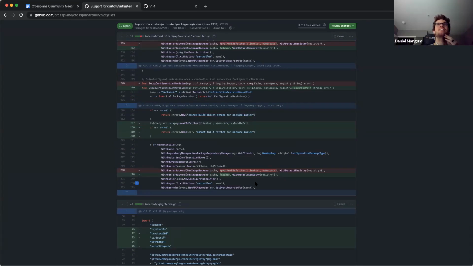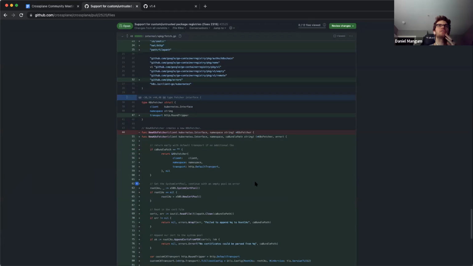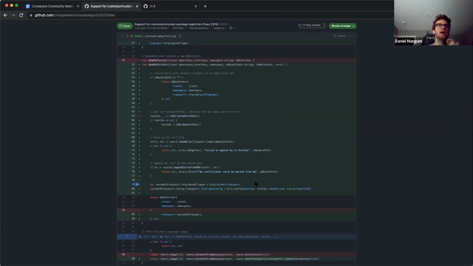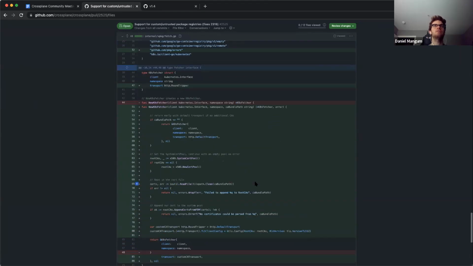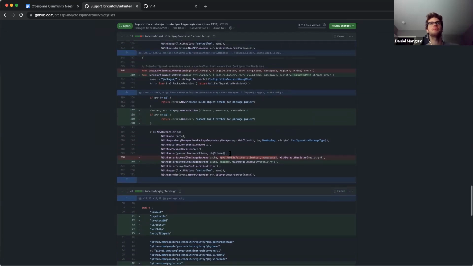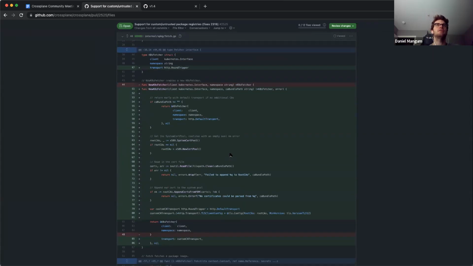I won't spend too much time on this, but I took a quick look through it. It looks pretty good. I'm pretty staunchly in the camp that we should not include this. It is not that big of a change, but it's a way to modify the root certs, which is potentially a scary thing. I believe it's being done correctly here, the transport's being set up, but I do think it is a sensitive thing to include in a